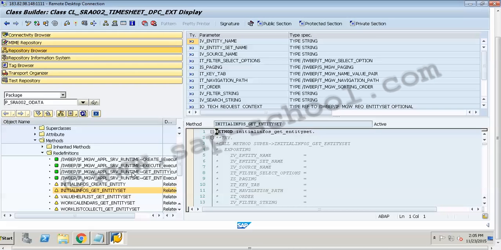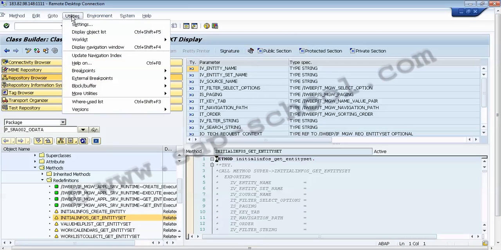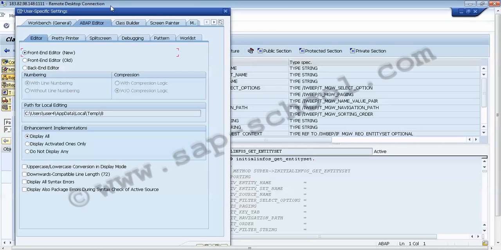Now we have to set the external breakpoints and debug. How we can do this is that we have to go to the main menu and choose Utilities and Settings. So in Utilities, we have the settings here. If we receive the security pop-up, we have to choose allow. If we don't, then we just continue.